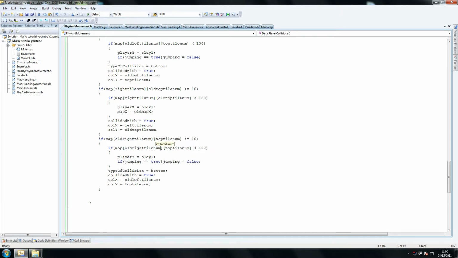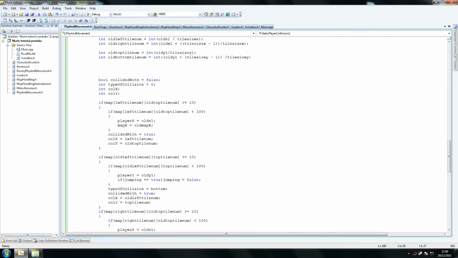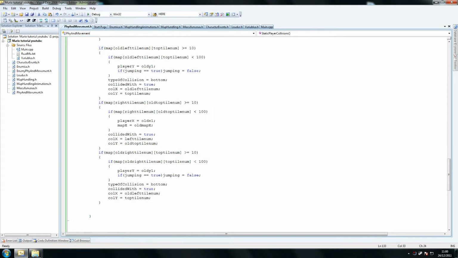We're comparing that against old bottom tile num. So we do that, and then we say player y equals old y1, if jumping equals false, take us to bottom, and then here we say old right tile num